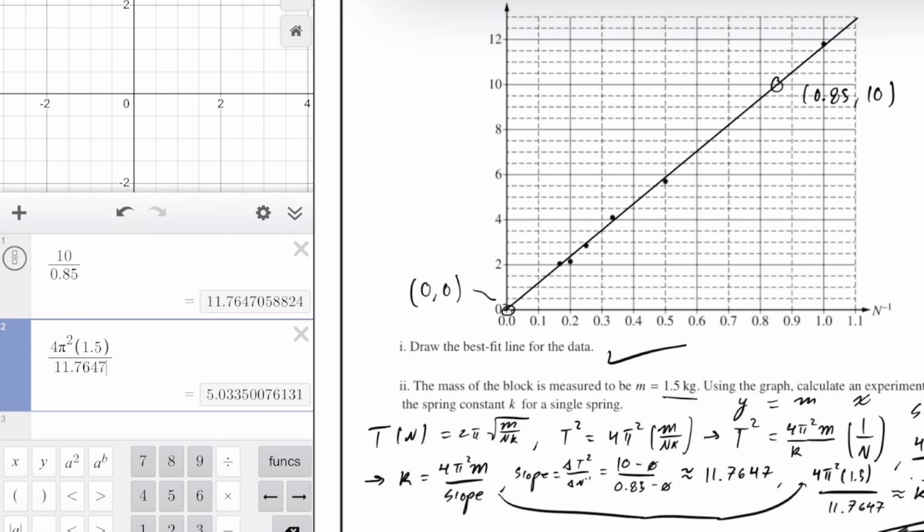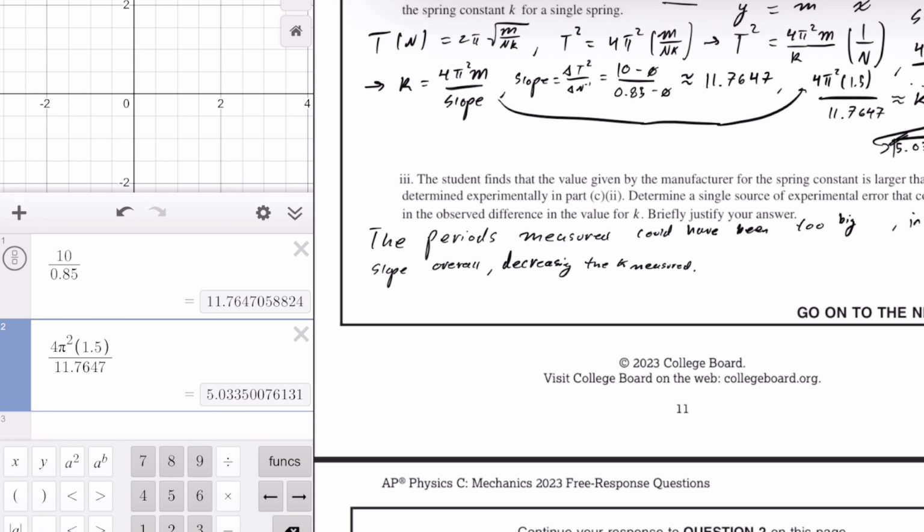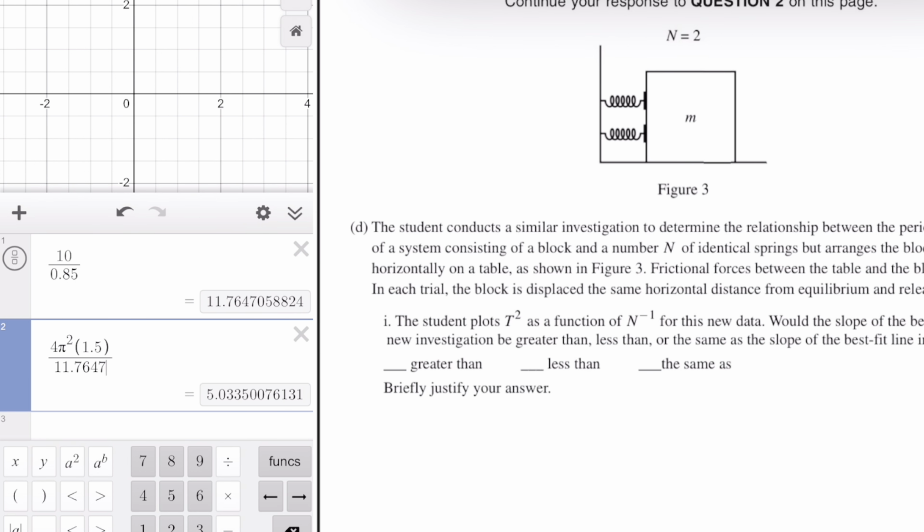Since I'm assuming we had a bigger slope because they're asking us to determine a single source of experimental error, right? Because bigger period, bigger slope. There we go. Okay. The student conducts a similar investigation to determine the relationship between the period of oscillation T,